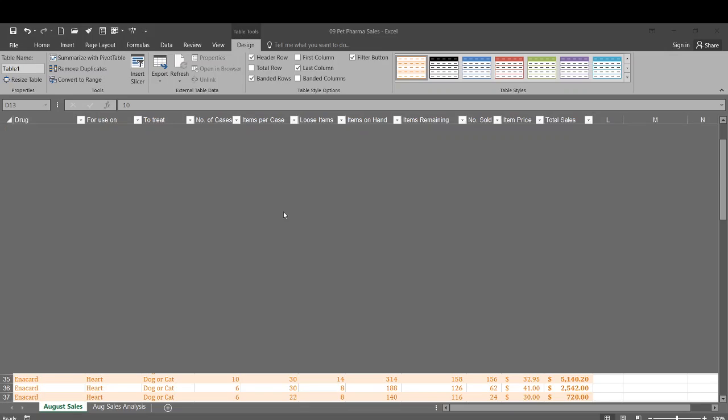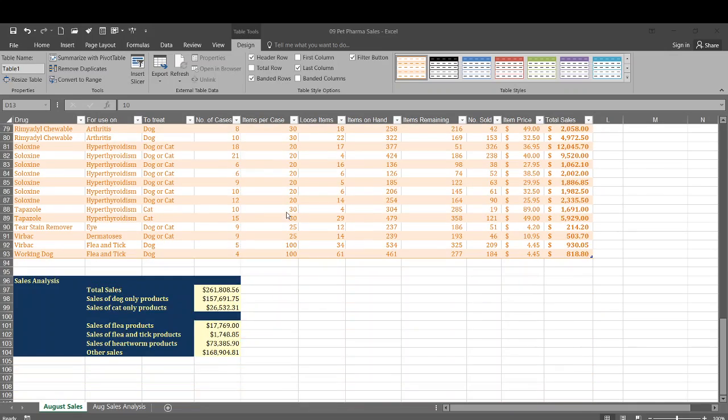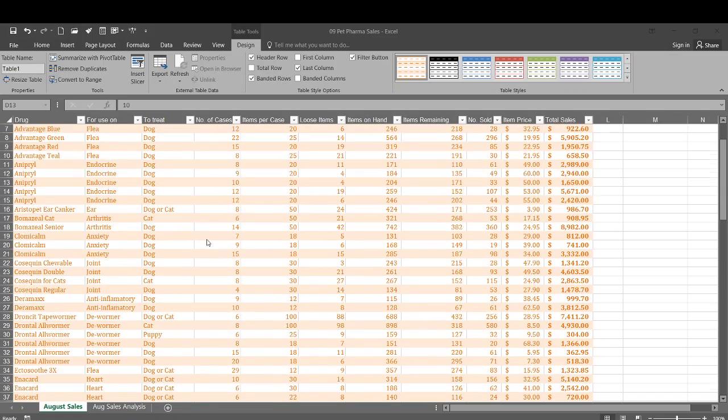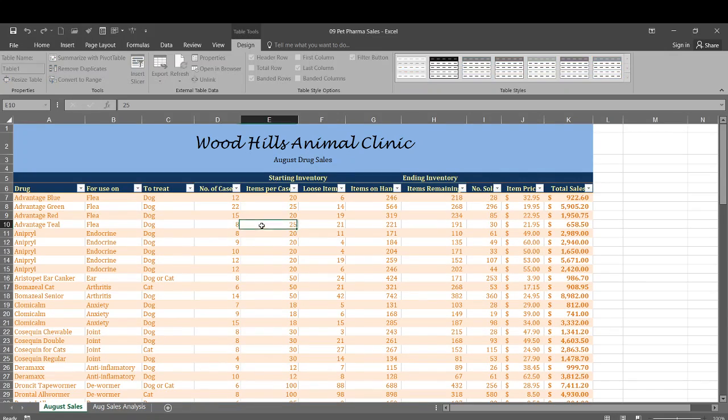And so we have a table we've set up. It's a pretty big table. It goes through row 93. But to do this, just click anywhere in the table, activate any of the cells, and your Table Tools Design tab should pop up at the top. And in our name box,